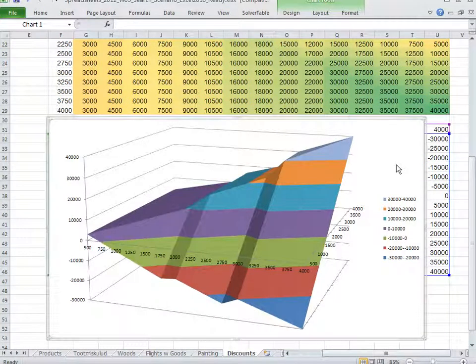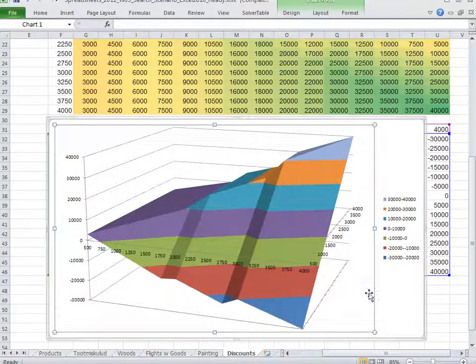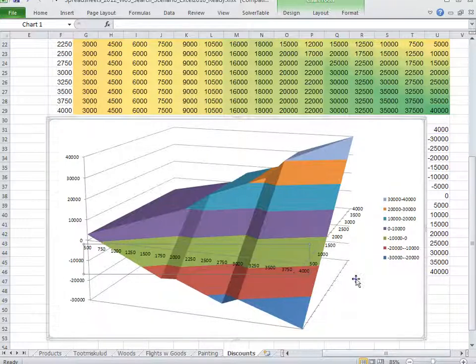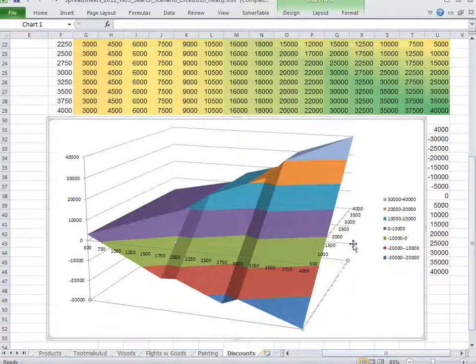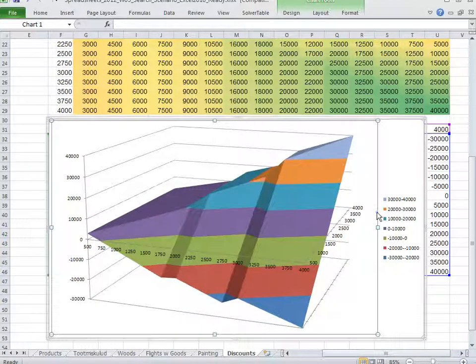Now this axis that goes from left to right is how much we will buy in. This is our order size. This axis that goes from down to up is how big the demand is. And this Z-axis that goes directly up